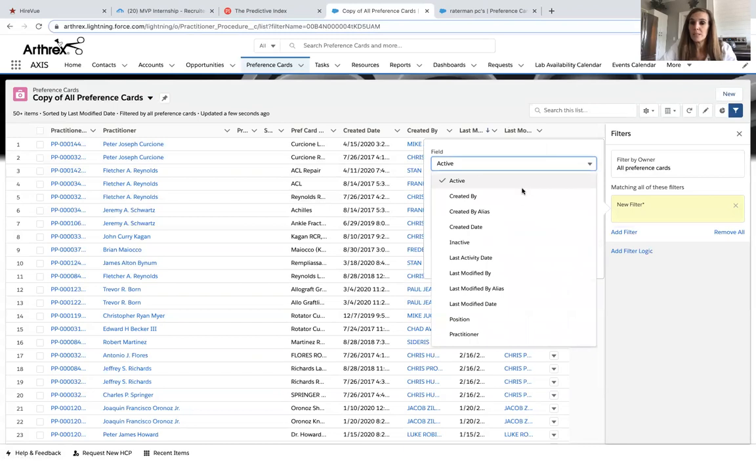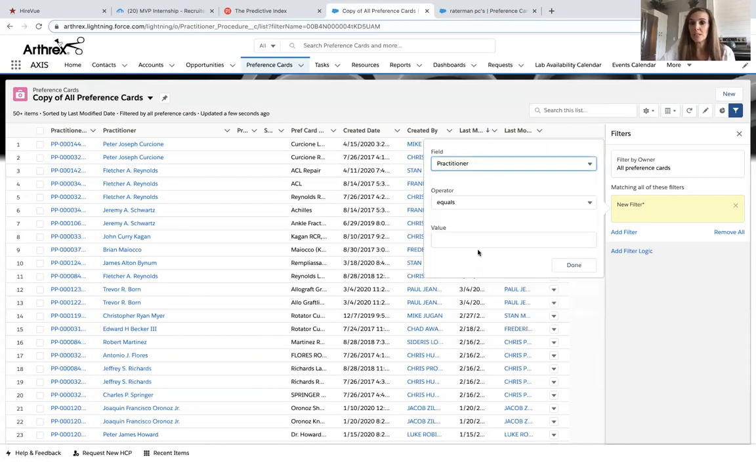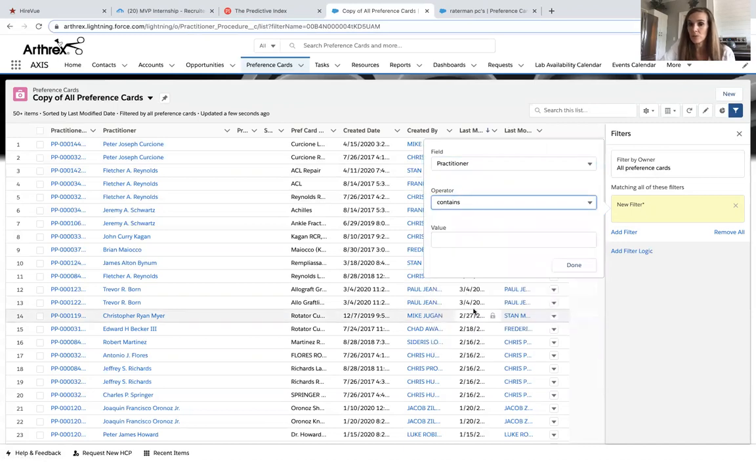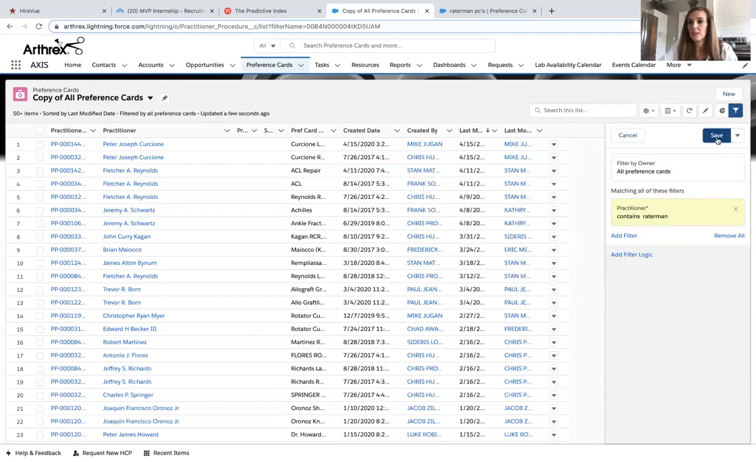So if we wanted to build a list just for Ratterman, you want to add a filter. And this is my recommendation, but it seems to be the cleanest way to get the data. You want to scroll down. If you're doing it by practitioner, you're going to select practitioner. I would select contains, not equals, in case you misspell when you type. Any kind of discrepancies will still pull in the majority of what you're typing on here. So I would always click contains, and then if we were to do Ratterman, done, save,